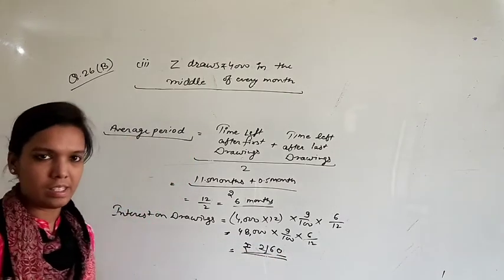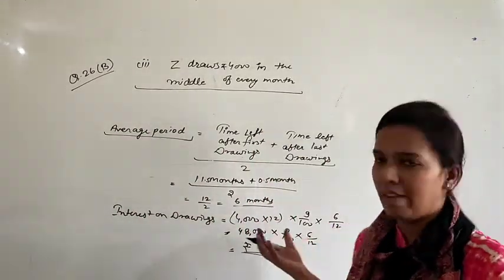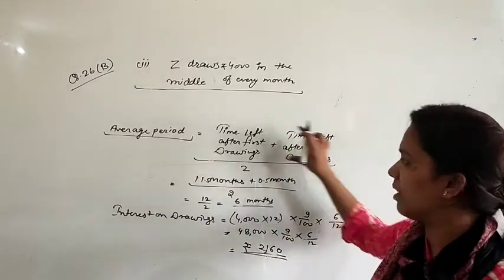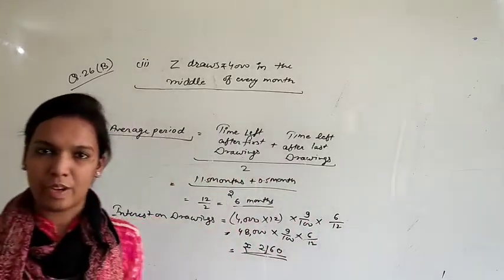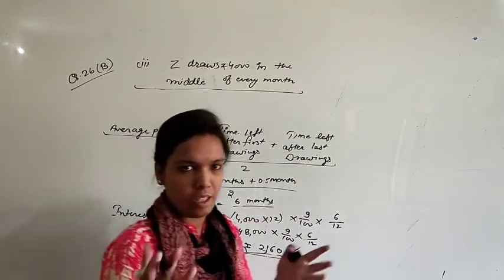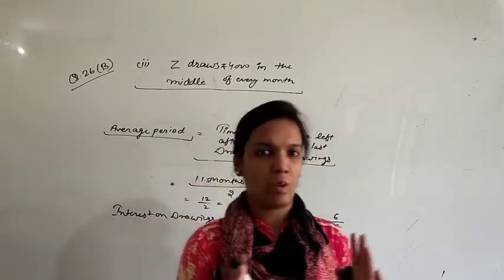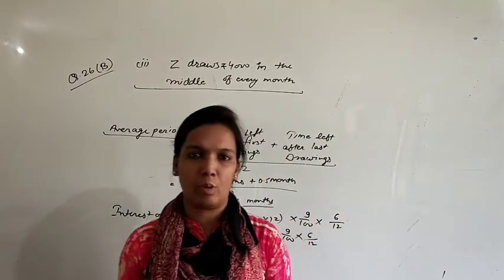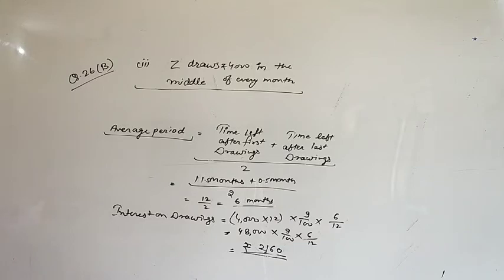These were the three cases that we studied now. I think everybody can easily understand because these are very easy concepts. You just have to keep this formula in your mind. Now you can easily calculate interest. Otherwise you can also learn this one thing: for the beginning we will calculate 6.5 months, for the middle we will calculate 6 months, and for the ending we will calculate 5.5 months. Okay. This was question number 26B. Now let's see the next concept.